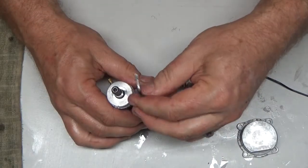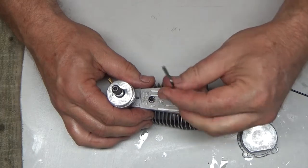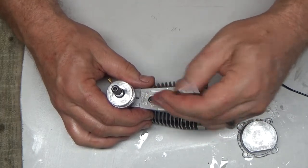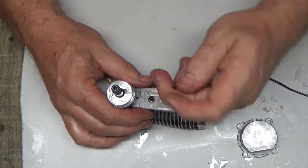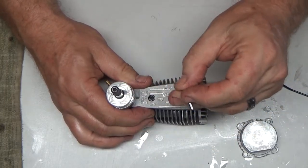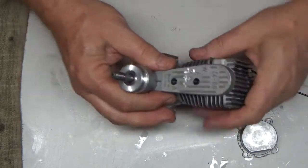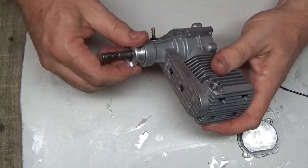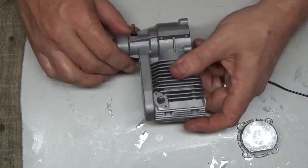So I timed this thing before I disassembled it. I ran it 3 times with timing as it is now, top dead center, and then 1 tooth off and 1 tooth off this way. I had the best RPM with it in the center, so that's where I've got it timed again. The cool thing about this engine is you can actually time this at the field. You just take these things off, pull that thing off, rotate it, put your thing back on. So now